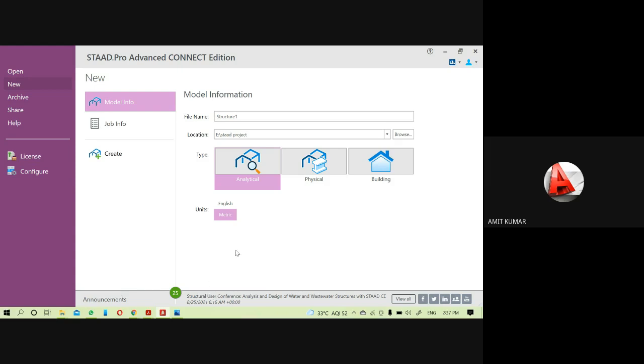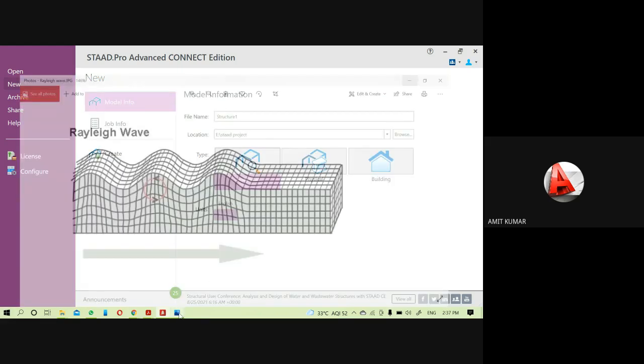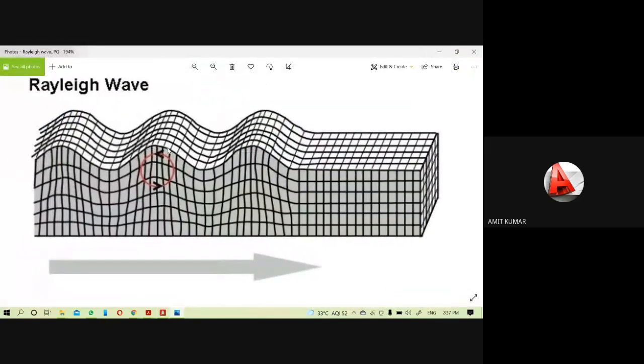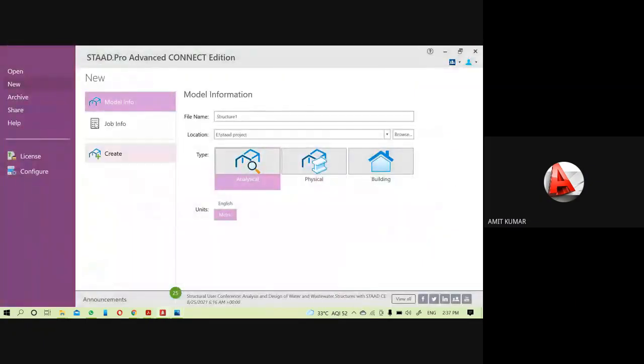I can show you the shape of this Rayleigh wave also. So here you can see the direction of this shape. Okay, this will be the direction of the Rayleigh wave. So for this structure, to see the building response, first thing I will create a structure.